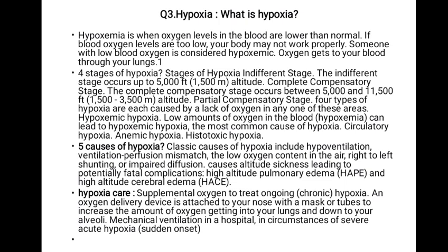The most common causes are hypoxemic hypoxia, circulatory hypoxia, anemic hypoxia, and histotoxic hypoxia. There are 5 causes of hypoxia. Causes of hypoxia include hypoventilation, ventilation-perfusion mismatch, low oxygen content in the air, right to left shunt,